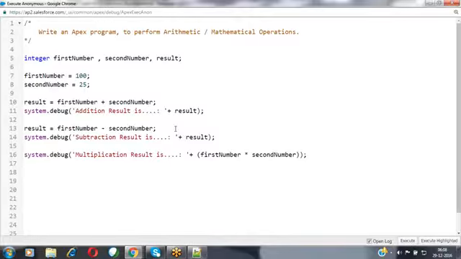In the first way, the first operation, we have used 2 lines of code. For the second operation also we have used 2 lines of code. But for the third operation I'm using only 1 line of code here. So we can reduce the number of lines of code, and we can reduce the number of characters of Apex code also. So always try to reduce the number of lines of code.